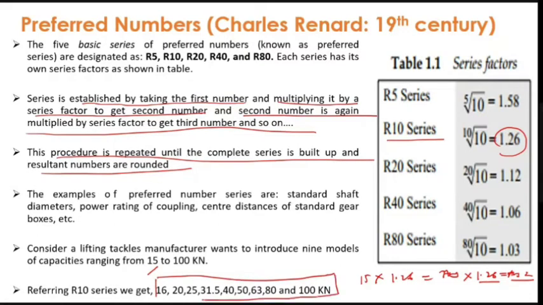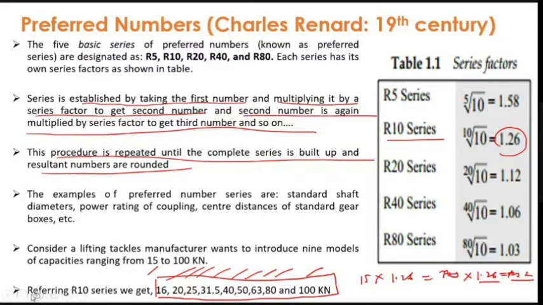And now you can see that by using the series factor, I have got a good, wide range: 16, 20, 25, 31, 40, 50, 63, 80. And now you can see that you have got a limited number of sizes also, which the company can manufacture, and again they are properly spaced. So those who want close to 100, they can take 80. Those who want 100, they can take 100. Those who want 50, they can take 50. Those who want maybe 60, they can take 63.